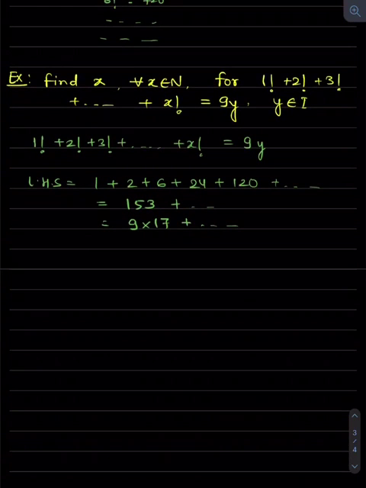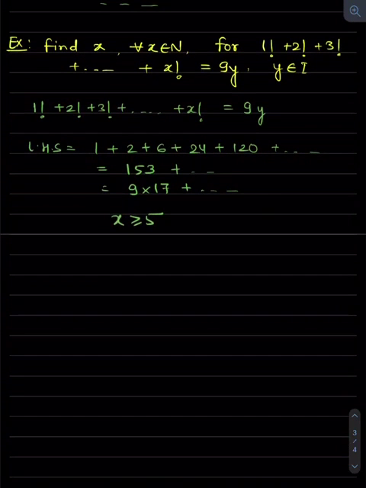So we can say that if the value of x is 5, because this is 5 factorial, then we may get this as a multiple of 9. But if the value of x is 6, then also it is a multiple of 9, 7, 8, and after 5 it can be anything. But just before 5, if you add only these numbers, this is not a multiple of 9, so we can't take x as 4. Okay, so x can be 5, x can be 6, x can be 7, anything after 5. So what is the value of x? X is always greater than or equal to 5. Okay, I hope you got it.